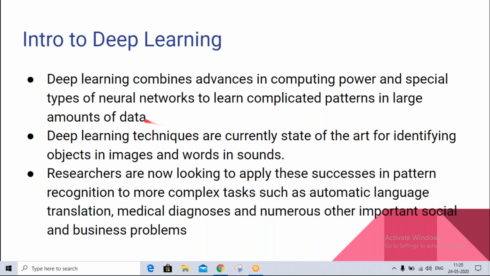Because deep learning is basically using neural networks. Neural networks take inspiration from our brain, because our brain is also made of neurons. I guess there are 2 billion neurons in your brain. If you Google it up, you will find it. There are approximately 2 billion, I guess, neurons in our brain. So it has taken the inspiration from our brain, and this was the reason for deep learning to come